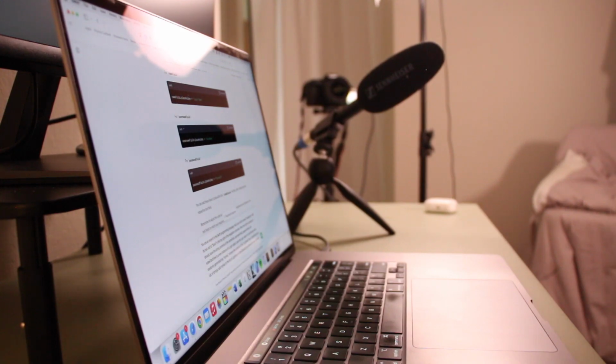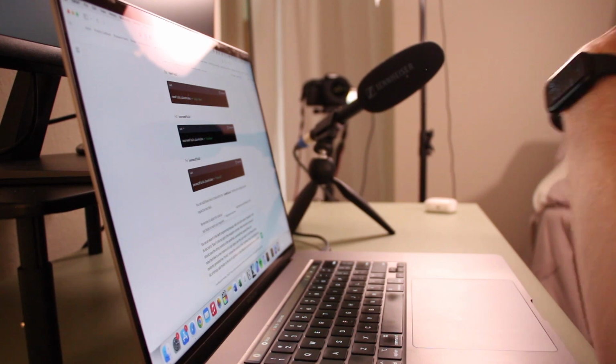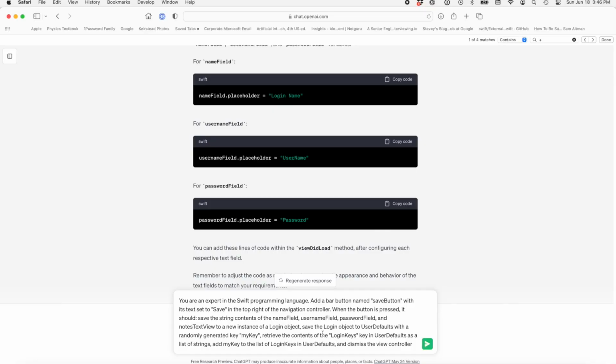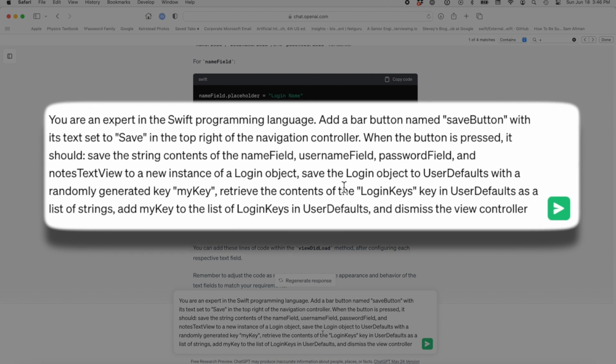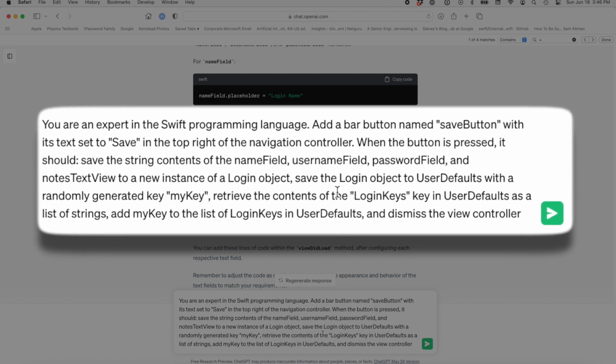Okay, so I think the next thing that I really want to focus on is making sure that we can actually save logins and then see them showing up on the previous page in that table view. So this is a really complicated prompt. I haven't hit submit yet, so I don't know if it's going to work, but basically I want a save button, and when that button is pressed, we're going to collect all of the values in the different fields and put them